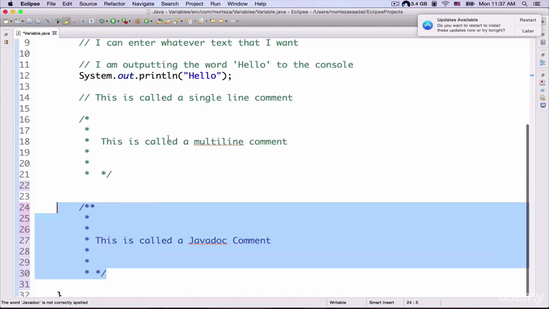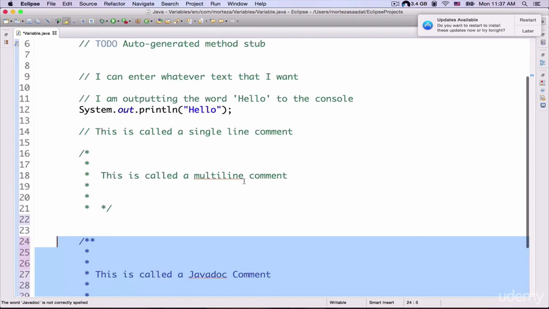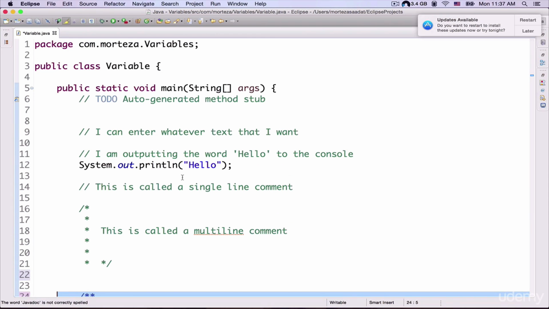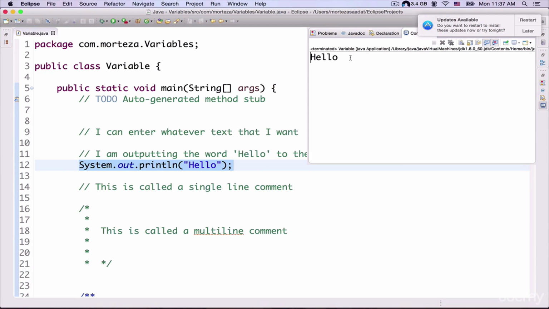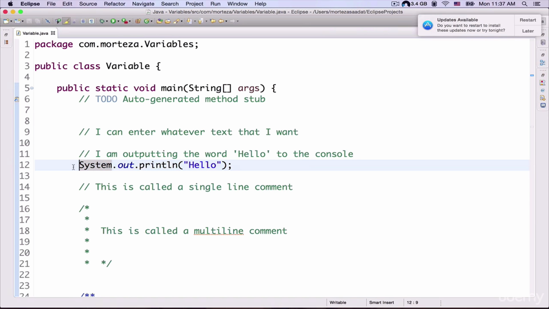But later I'm going to show you more about comments in our programs. For example, if I don't want to actually execute this line of code here, if I run my program now, you can see that it's going to show me the hello text here. But if I don't want to execute this line of code, I can easily comment out this line of code, okay? Now you can see that if I run my program, it's going to show me nothing because this statement is now commented out. Okay,